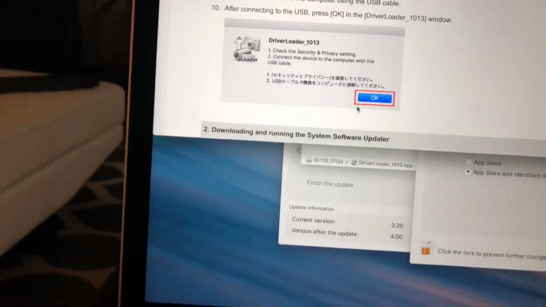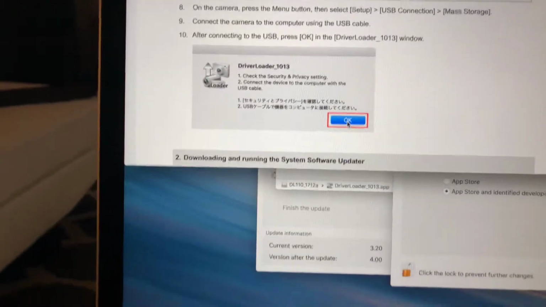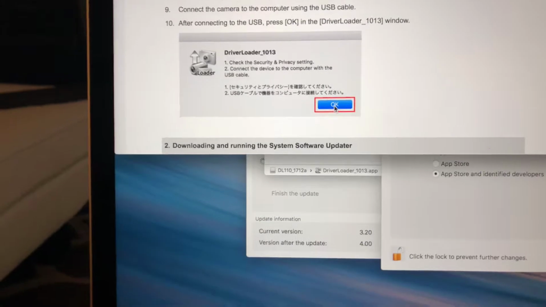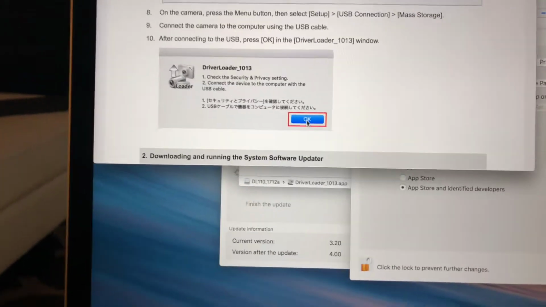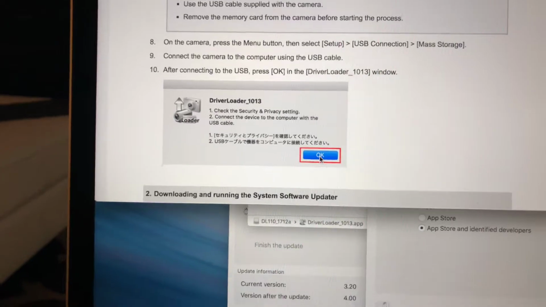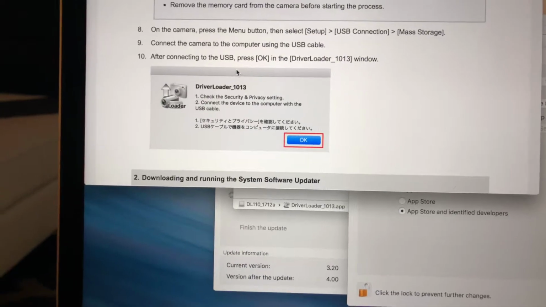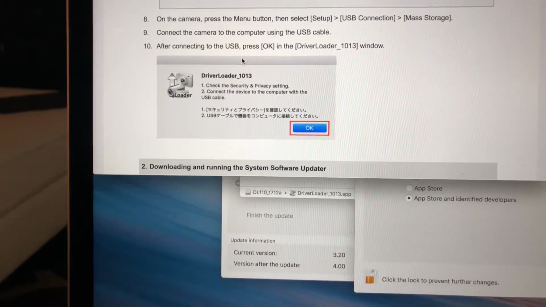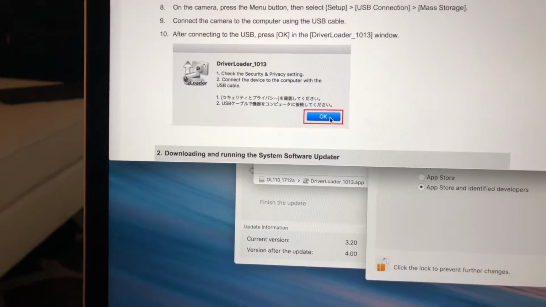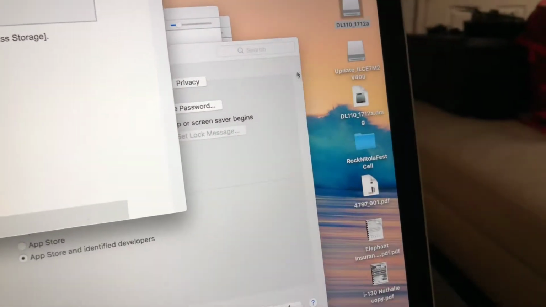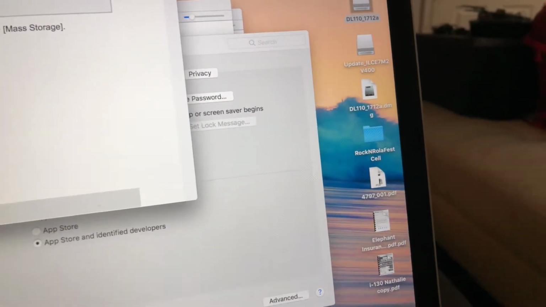So you connect your camera, and then you're gonna click OK. Don't click OK and then connect the camera. That was my mistake. I was clicking OK, and then I was trying to do the update and it wasn't working. So as soon as you get this window, connect the camera, give it like 10 seconds, and then click OK. After I clicked OK, I minimized that window, and I went back to the actual update, which is